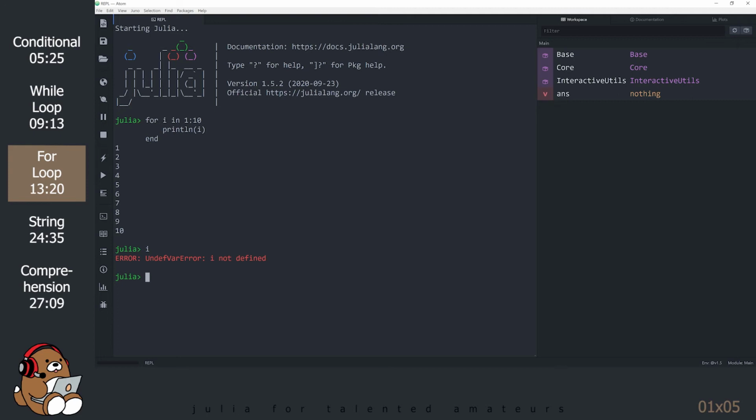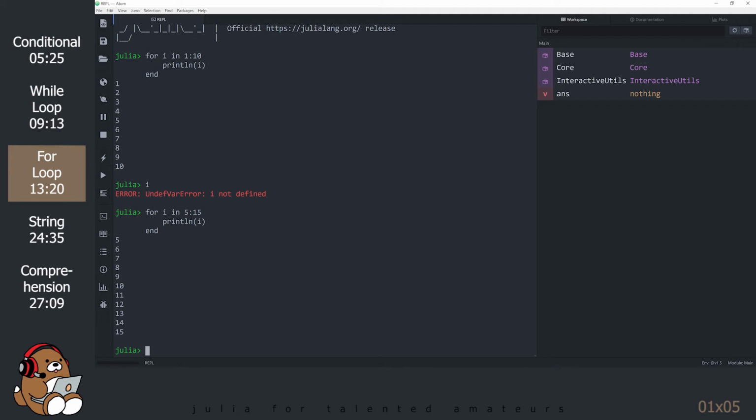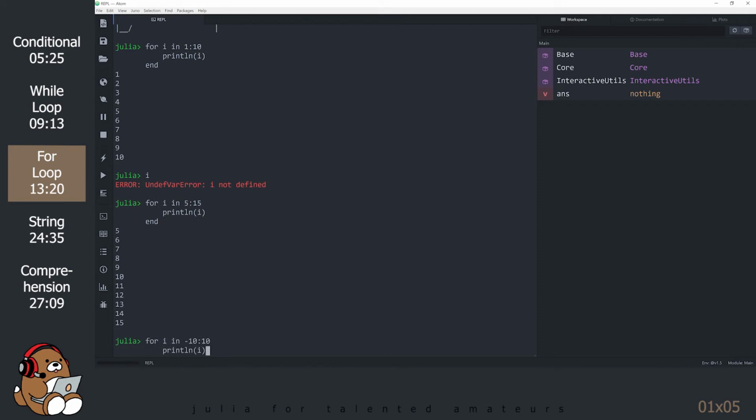As we have seen in previous tutorials, the colon in between numbers signifies a range of values. When using for loops, you are not limited to just 1 to 10. Here are some examples to get practice using different ranges of values. This iterates from 5 to 15. You can use negative numbers as well. This iterates from -10 to +10.